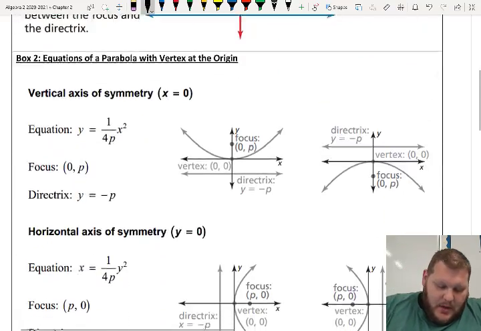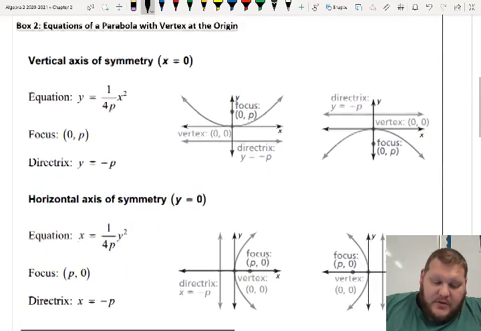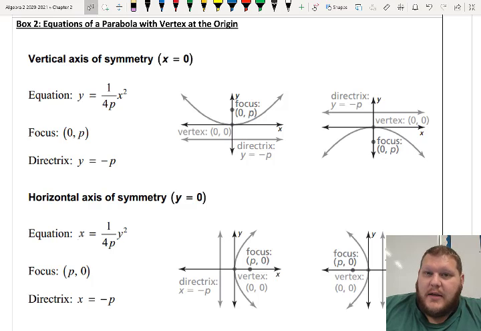So box 2, and I'm going to give this to you in a little bit of a cleaner organization. Not that this one isn't clean, but I'm going to combine box 2 from the notes today with another box from next week when we do day 2, because this is a really busy little box here with lots of information in it, but it's really, really important stuff, because these are our formulas